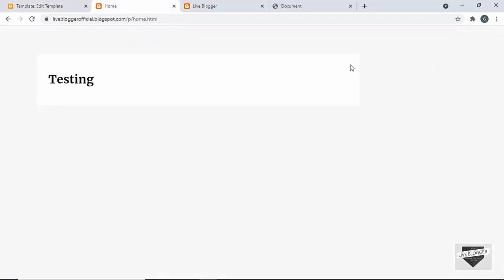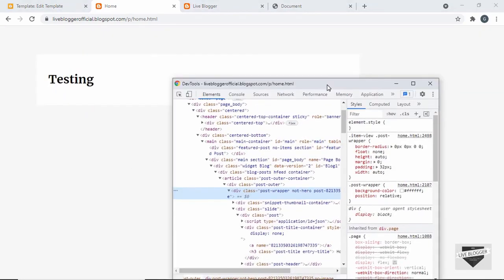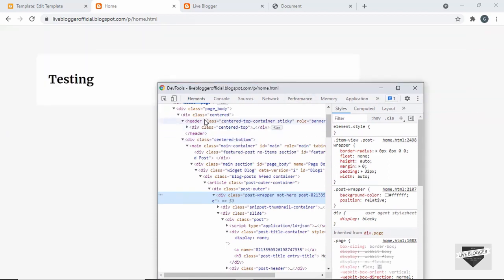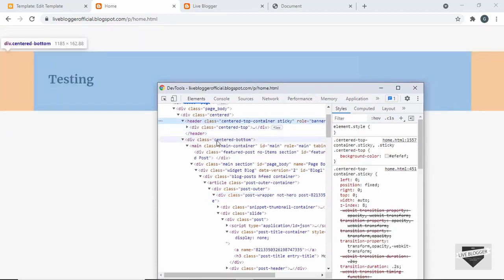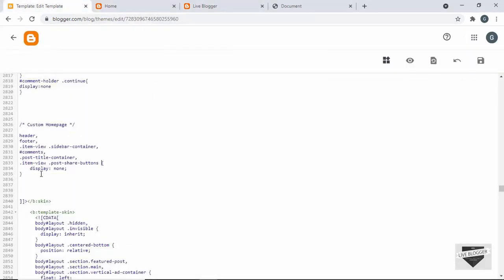Now we can see that we have a maximum width over here for this container. So let's right click over here and inspect, and somewhere we have a maximum width setup. So let's start from here. This is the header, so let's start from here, centered bottom, and for this we have a maximum width of 1185. So we can just set it to 100%. So let's copy this selector and paste it over here,